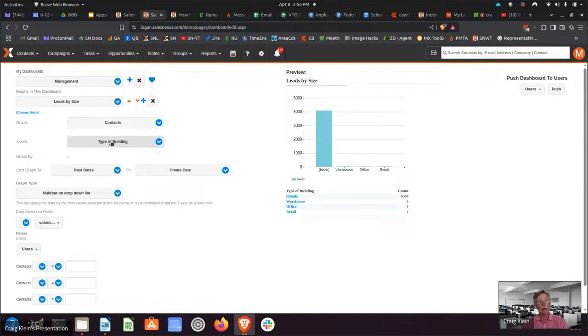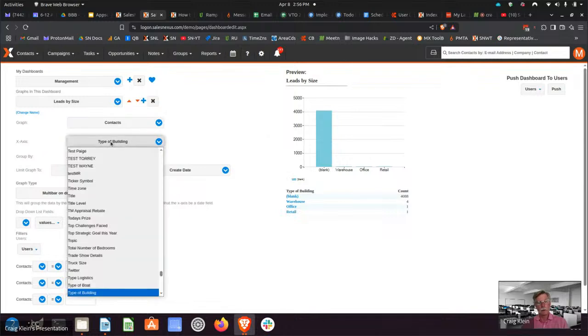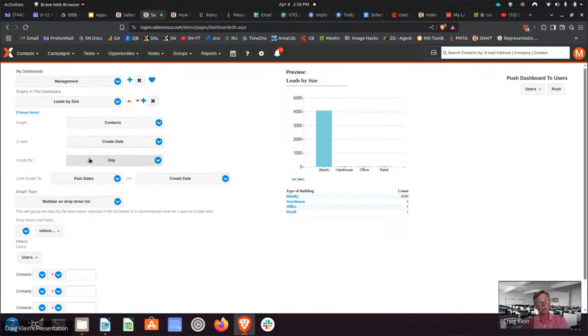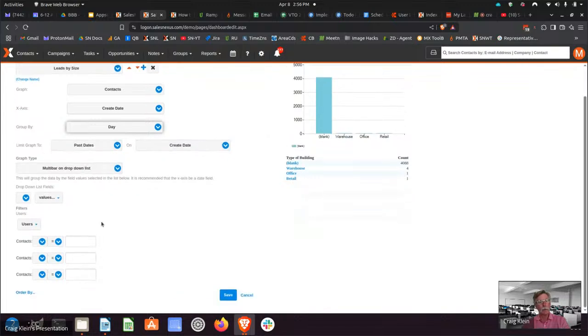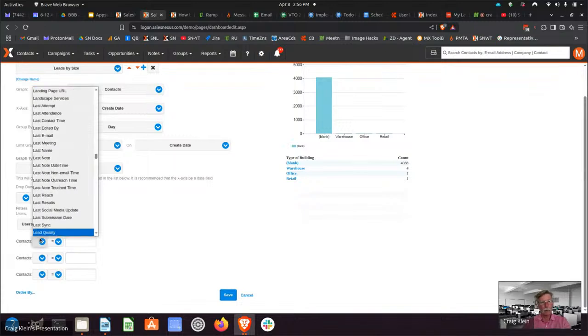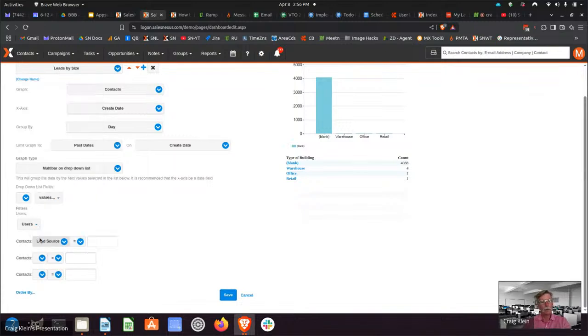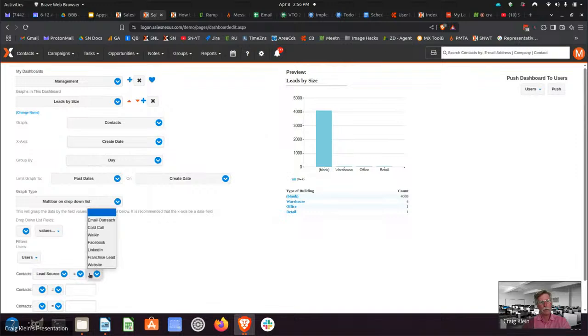So I might want to say, I'm going to graph it by create date, and then you see here, now it's asking me, do you want to group it by day or week or month or quarter, which you can choose options there. And then you can choose a date range, how far back to go. But then down here, I could say, I only want to include the ones that have lead source equal to